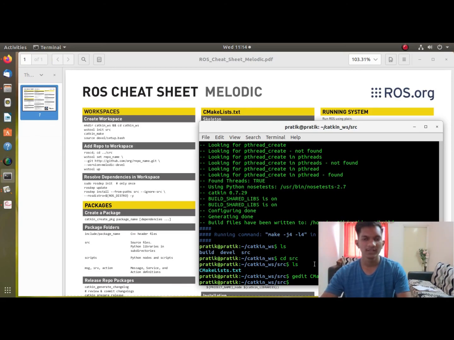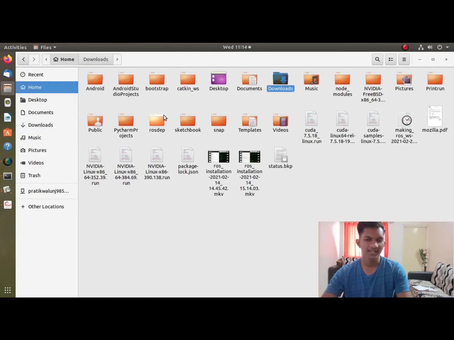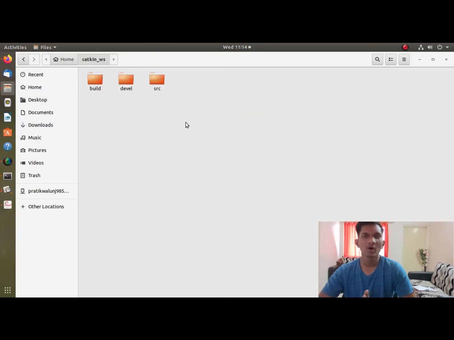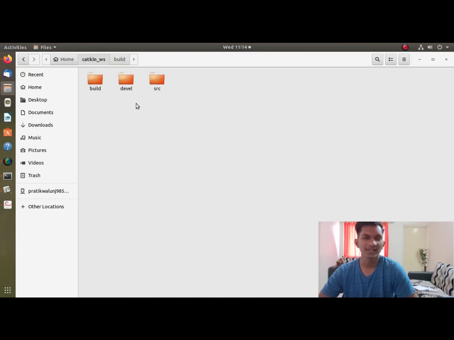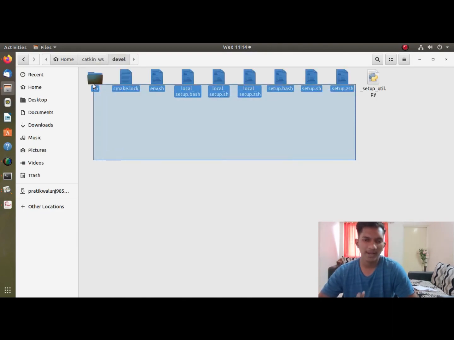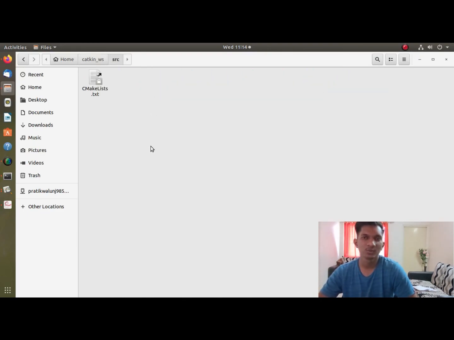Then devel, which also contains support files. Then the source, which contains the CMakeLists file. When we create our own package, all the packages will be recorded in the CMakeLists file, so that our workspace comes to know that this particular package is present in our workspace, and we can start building on it.